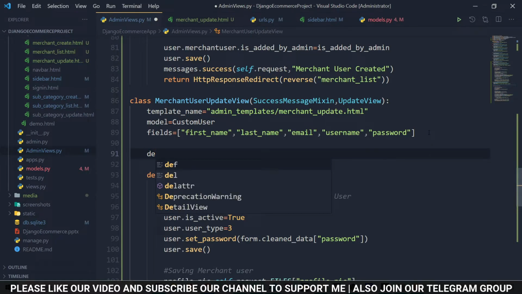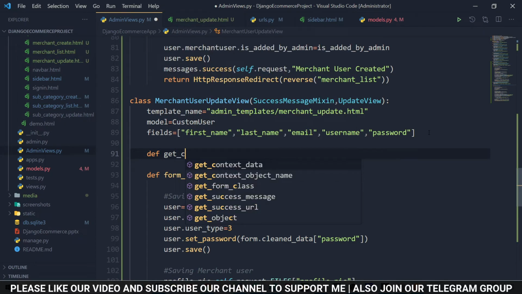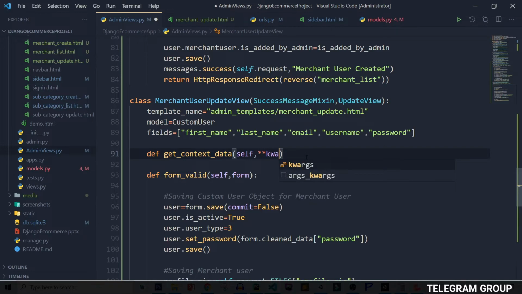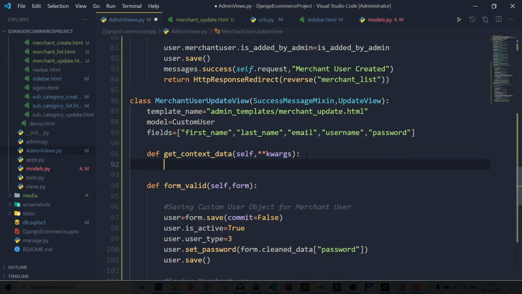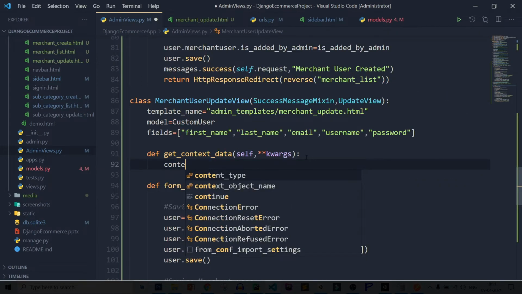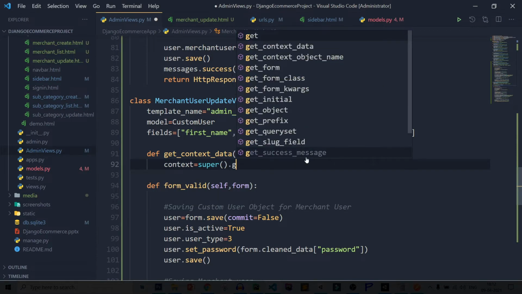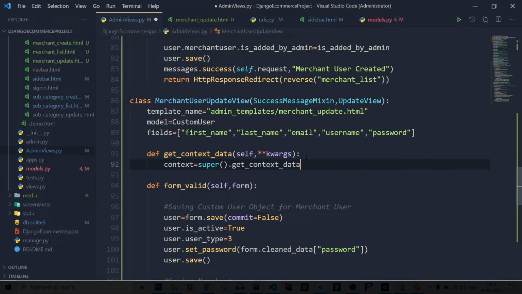So let's see, define get context data and here you need to pass self, then you need to pass kwargs. After that context equal to super dot get underscore context data and pass in the kwargs.